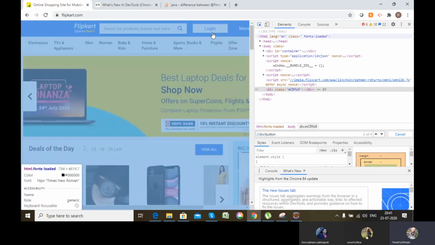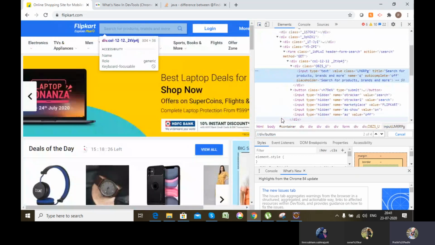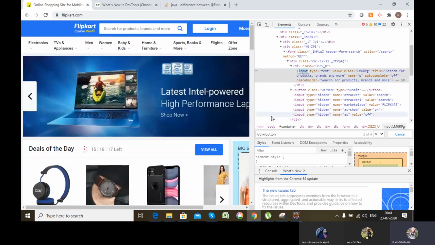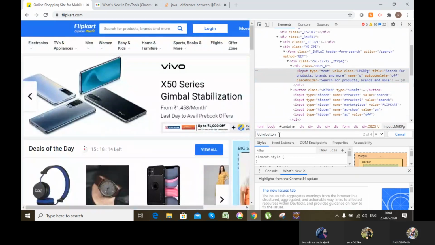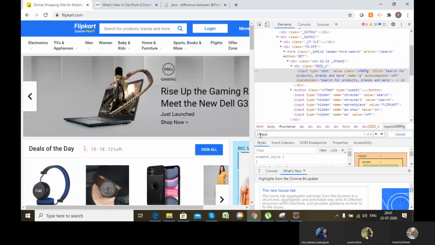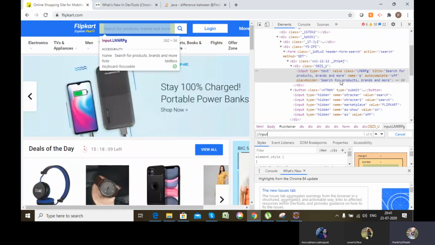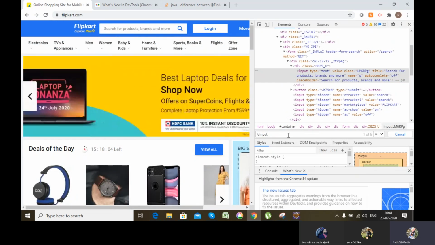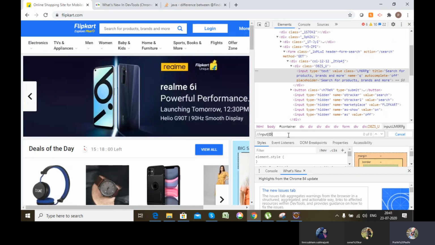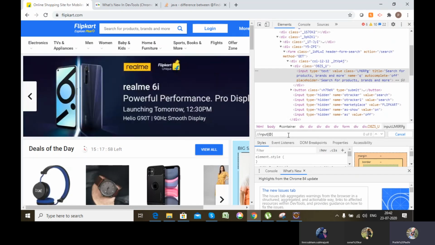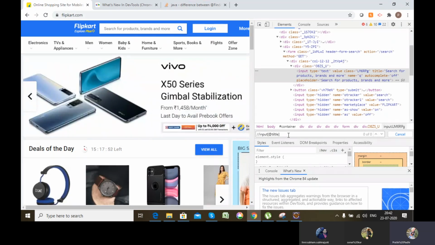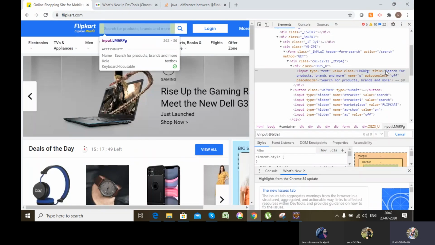Okay, so the first thing I'll be doing is writing an XPath for this particular thing. Control C. Title. Search for product.